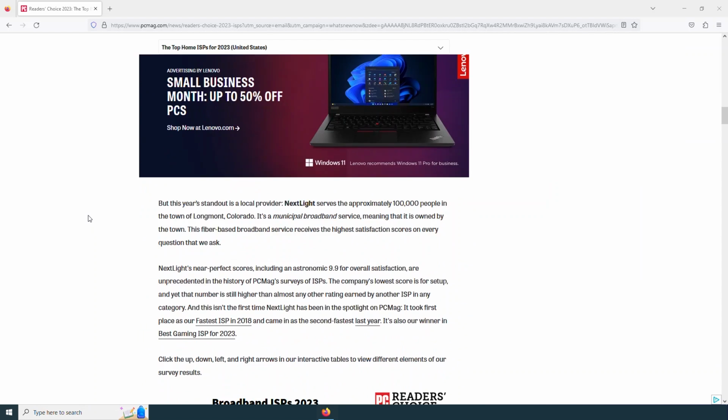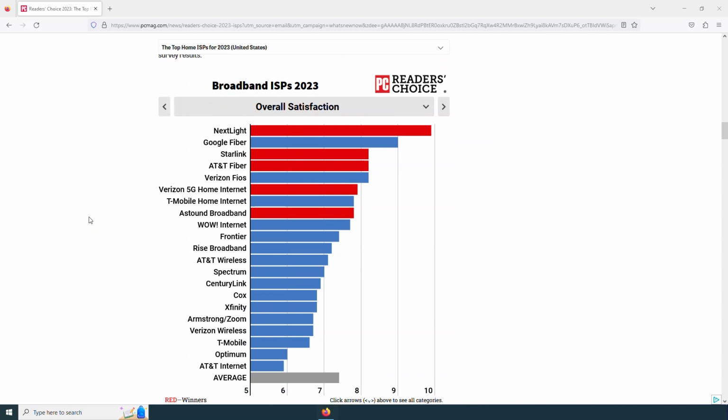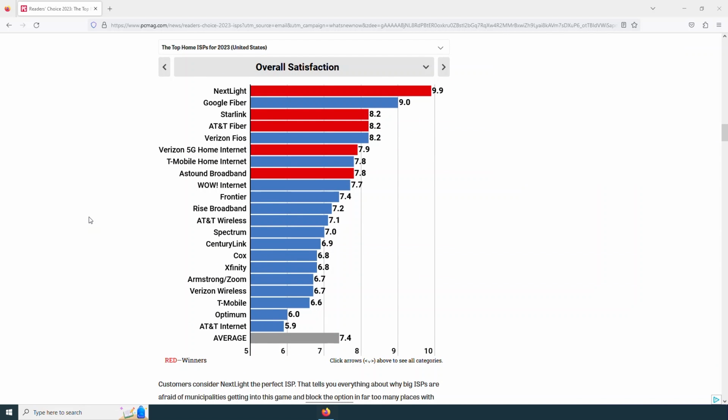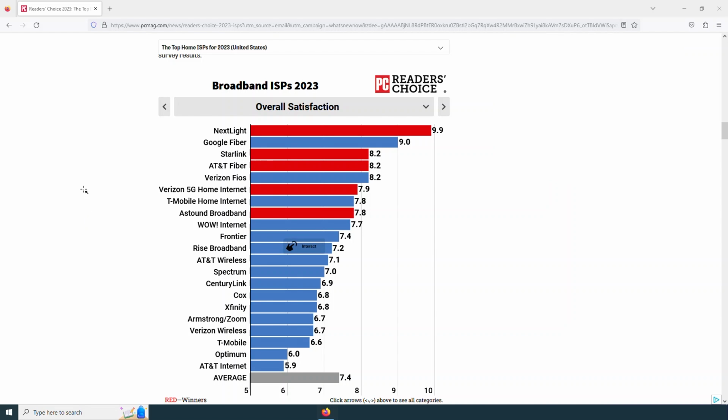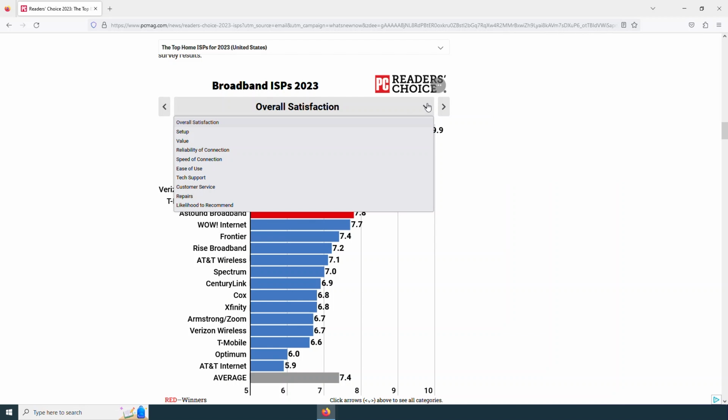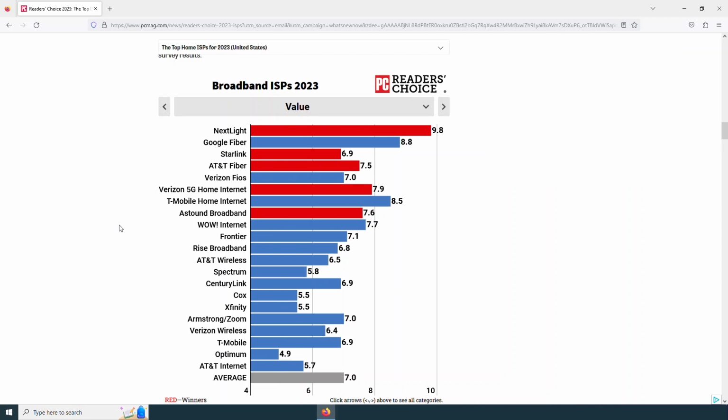If we scroll down here, we have some overall satisfaction for each service. We can see some of the ones we looked at earlier here. There's AT&T Fiber, there's Spectrum. We see Xfinity down there as well. And this is just an overall thing. There are some other things that they asked readers about. Here's value, and we can see how the different